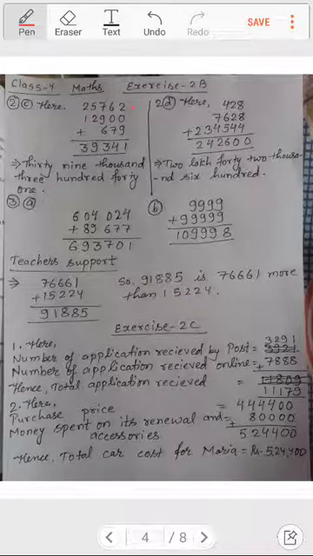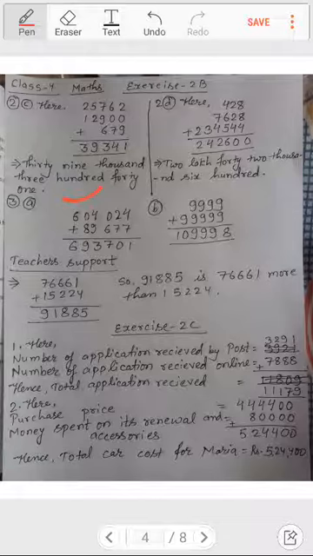I had added 2 and 9 because 2 and 0 will be 2 itself. And 2 and 9 is 11, 1 is there, and 1 carried up to 6, so 6 and 1 is 7, 7 and 7 is 14, 4 is there, carry 1, 7 and 1 is 8, 8 and 9 is 17, 17 and 6 is 23, so 3 is there, carry 2, 5 and 2 is 7, 7 and 2 is 9, and then 2 and 1 is 3. So in this way you will be adding. It's very simple. While writing in words also you can write it. Just you can see over here I am writing in words.